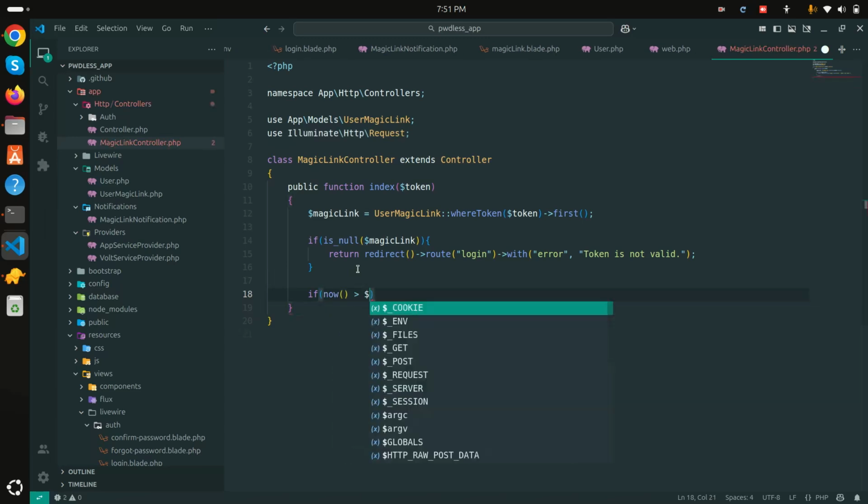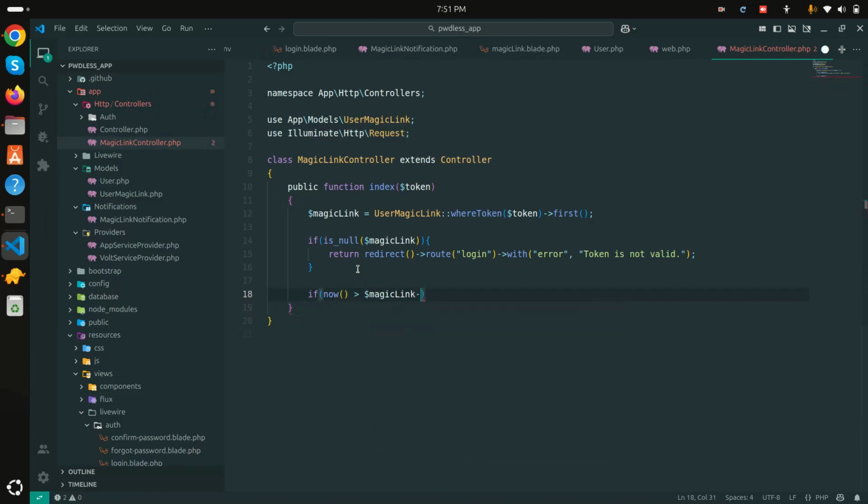Greater than magic link expired add column. Okay, and then if it's greater than, then I will just add one more message that's called token is expired. Save it. Okay, and then if everything is fine, then I will use auth